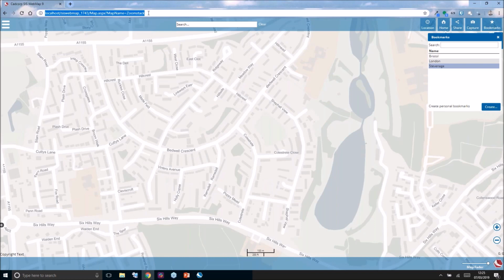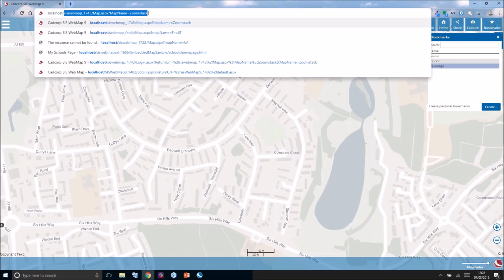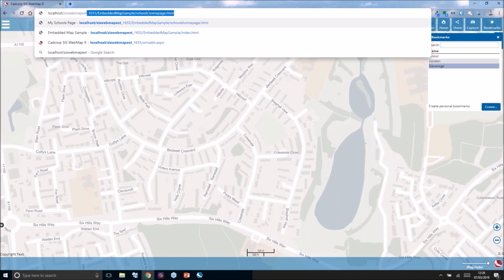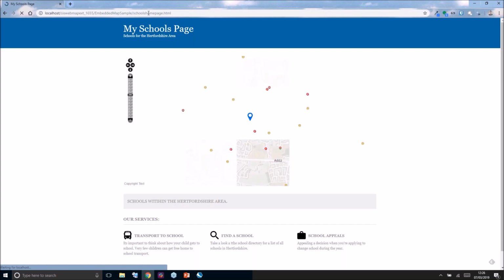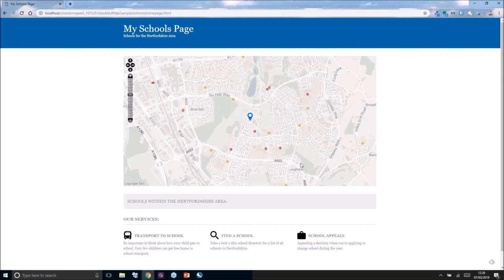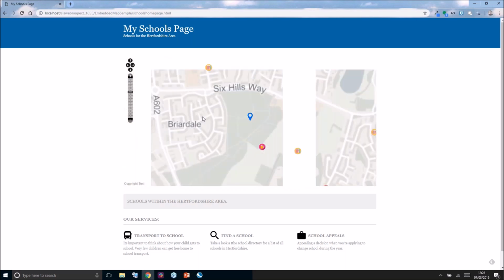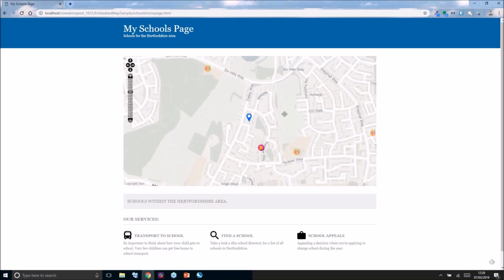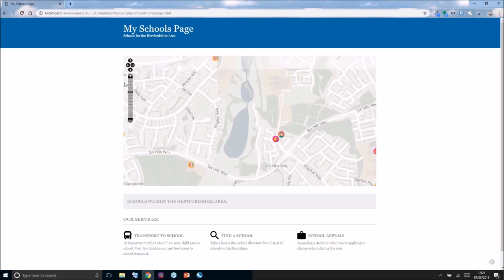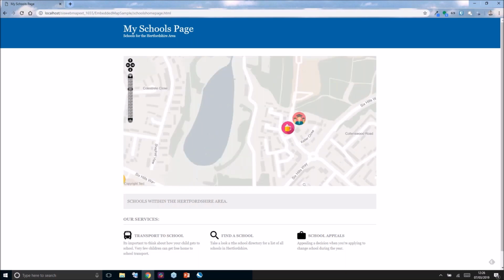And then the last thing that we want to show, just to make sure that our marketing team are happy with the consistency throughout the maps, is that we can say that we also want to incorporate this into our embedded maps as well. So again, maybe you've got a web page that is just telling you where the nearest schools are, and it doesn't necessarily require a full-on map. We can actually take the Zoomstack and embed that using the web map application